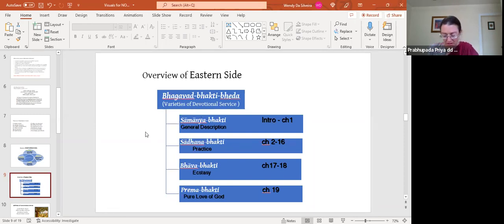Okay. All right. So we're going to have to speed up the pace here a little bit. All right. So now Rupa Goswami is going to go into